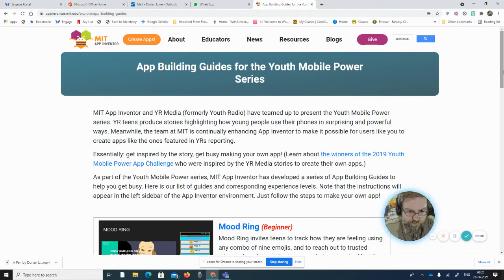Okay, so now what we're going to be doing is you're going to create your own, and you can either use the tutorials that are available on MIT to design and create your own app of your own design, or you can use one of these app building guides which is part of the Youth Mobile Power series. So we can design apps which are socially useful, apps that you'll actually want to use,